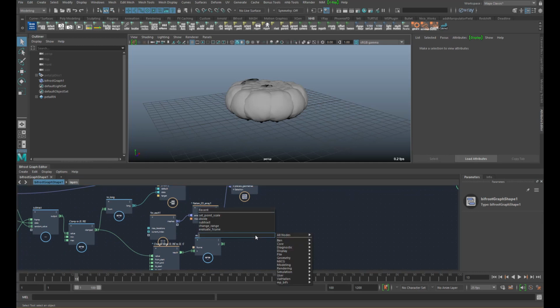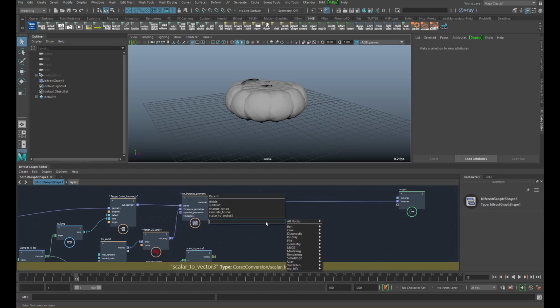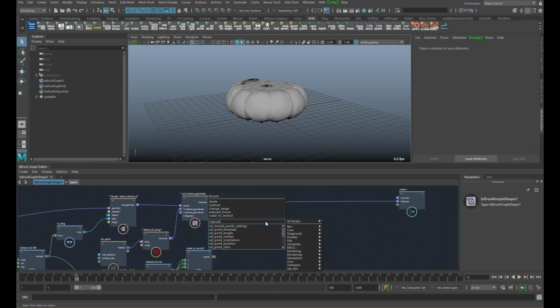Scalar values, so we need to make that a vector 3. And set the point scale.